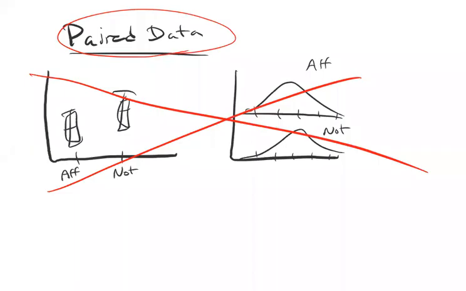What's wrong with these graphics for paired data? Well, it's not that easy to find pairs of twins such that one has schizophrenia and one doesn't. Why would we do that? Well, because probably there's a correlation in the brain size or the measurement of some part of the brain within